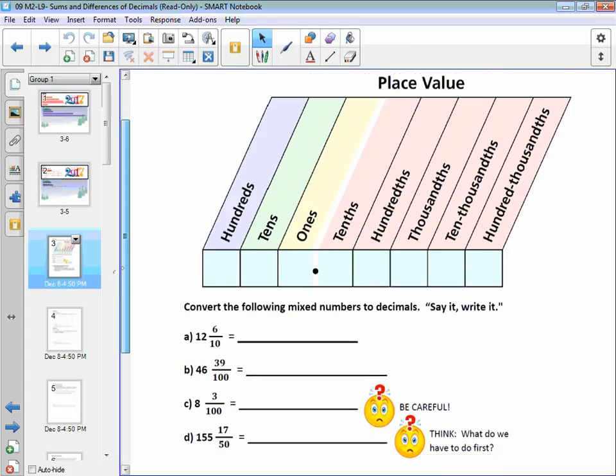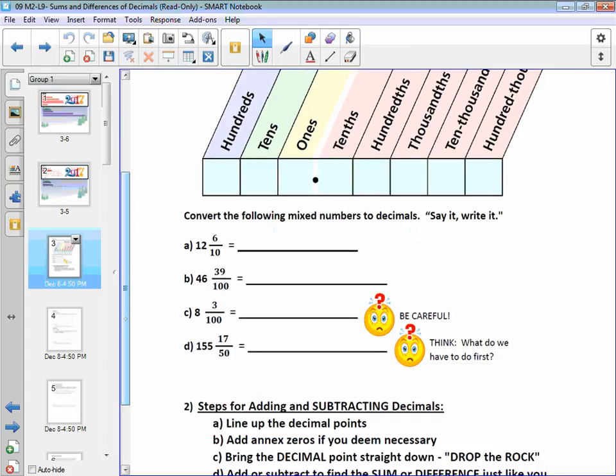Now let's do the warm-up together. Convert the following mixed numbers to decimals. We say it the same way we write it. How would you say this as a mixed number? Tonya. 12 and 6/10. So we know it's 12. The decimal takes the place of the word and. So every time you see a decimal, you say the word and out loud. 12 and then